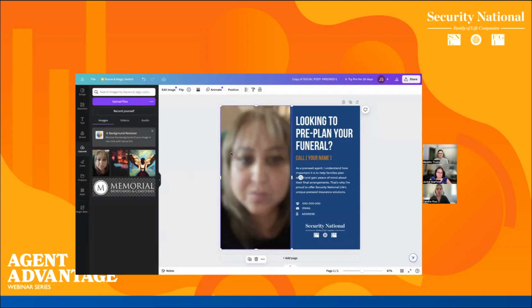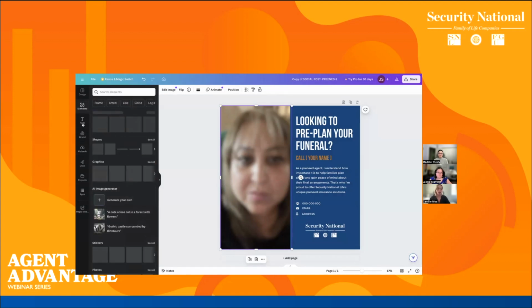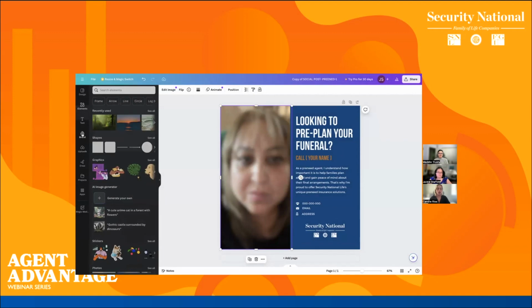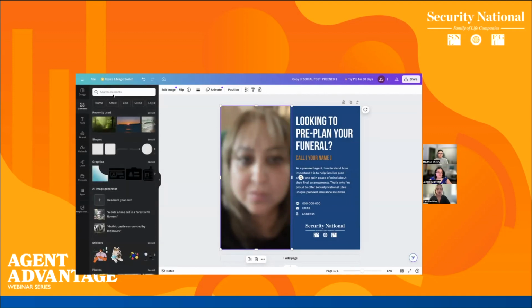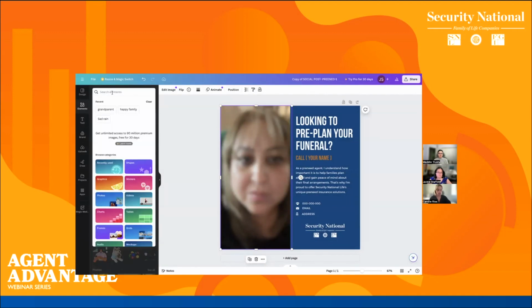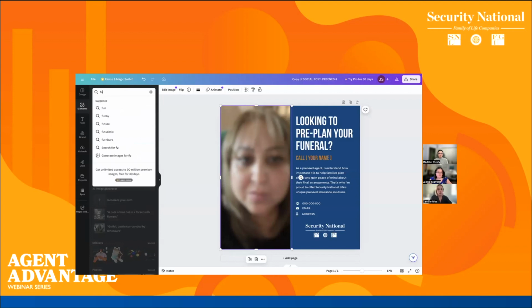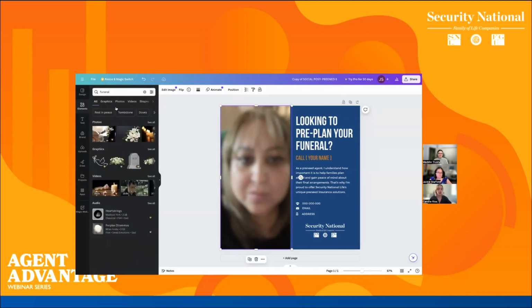Now, that's one option, and this is for this template. But you can also use pictures that we have already on here. On elements, you go to elements, and let's say that you want a funeral picture. So you click on here, and you have many things that you can use,